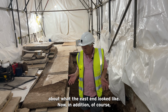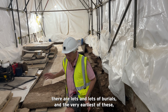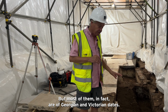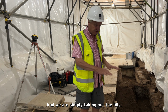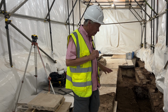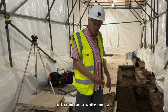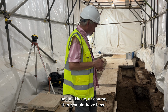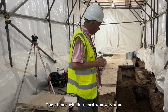Now, in addition, of course, there are lots and lots of burials, and the very earliest of these belong in the Middle Ages, but most of them, in fact, are of Georgian and Victorian date. And we are simply taking out the fills. I mentioned that we aren't reaching the burials themselves, and you'll see that the graves are lined with mortar, a white mortar, and on these, of course, there would have been ledger stones, the stones which record who was who,